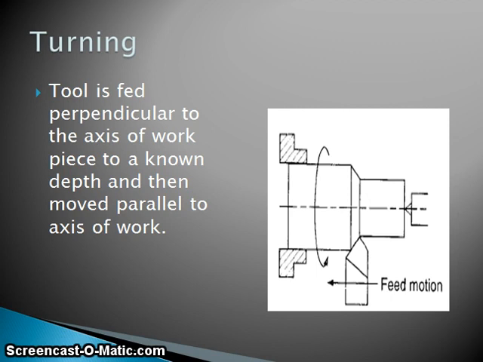Let me start with rough turning. Rough turning is the process of removal of excess material from the workpiece in minimum time by applying a high rate of feed and depth of cut. The second one is finish turning. The finish turning operation requires high cutting speed, small feed, and very small depth of cut to generate a smooth surface. In finish turning, a tool having a sharp cutting edge is held securely on the tool post for this purpose.